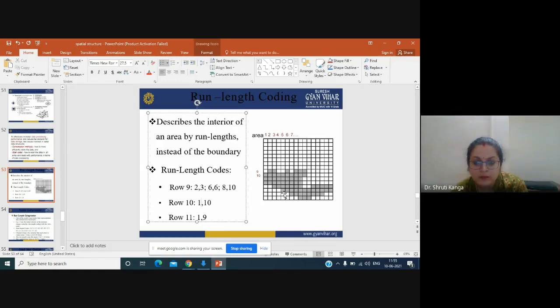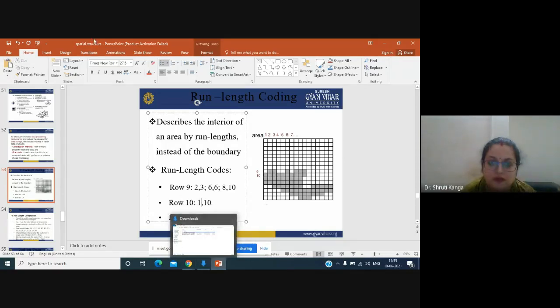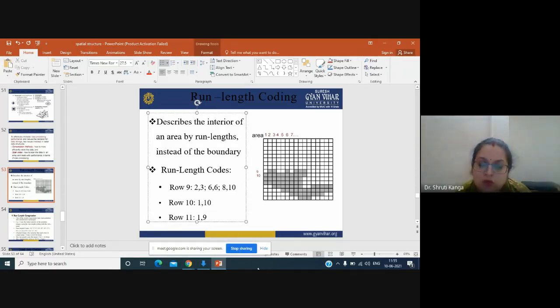Okay, and then in row number 12, it is starting from 5 to 16 complete. Okay, in row number 14 or 15, whatever it is, in that again 1, 2, 3, 4, 5, 6 are blank, so we don't have to consider it. Then we'll start from 7, 8, 9, 10, 11, 12, 13, 14. So in row number 13 or 15, whatever it is, from 8 to 14, this is having the extent of agriculture. So this is how you need to store your data in terms of run length coding.